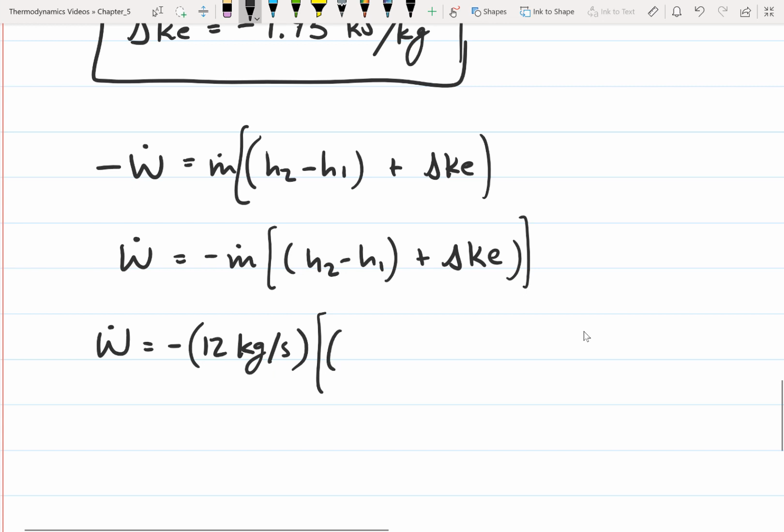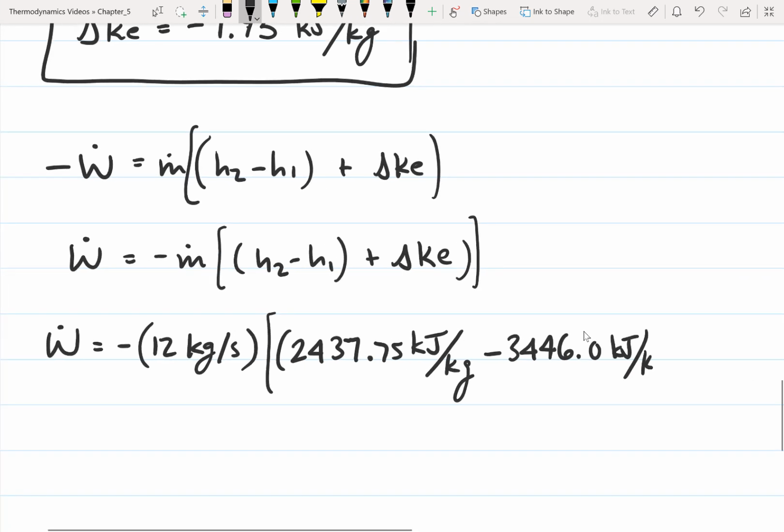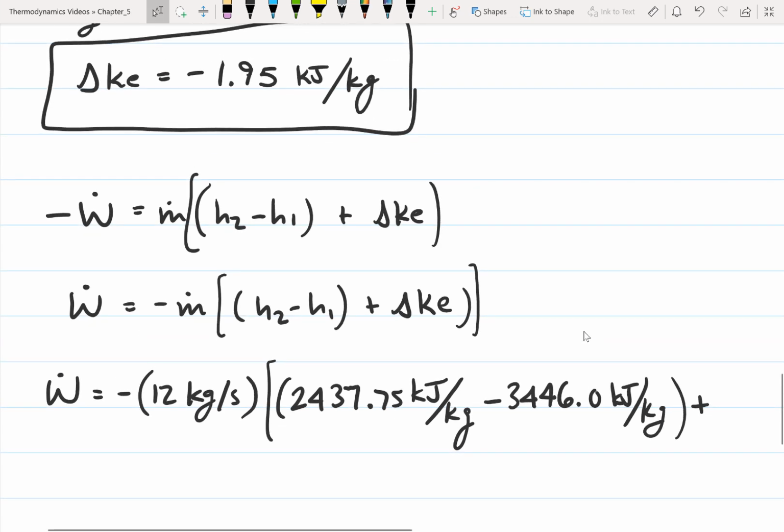So this enthalpy at the outlet is 2437.75 kilojoules per kilogram, minus the enthalpy at the inlet was 3446.0 kilojoules per kilogram, and then we have plus our kinetic energy, which we calculated here. So this is going to be negative 1.95